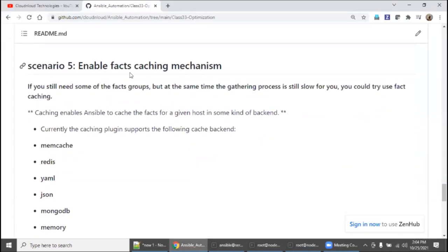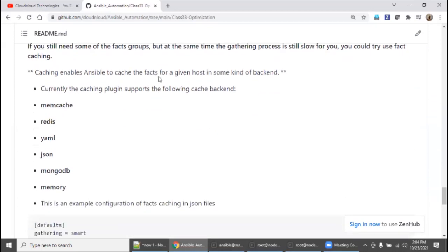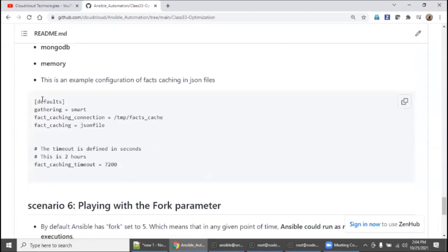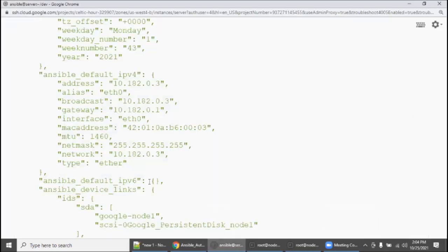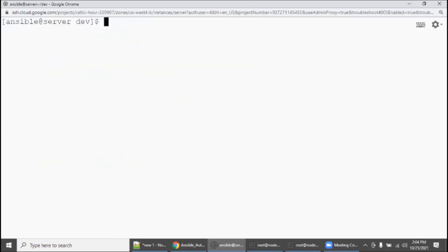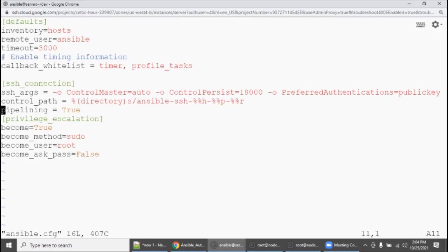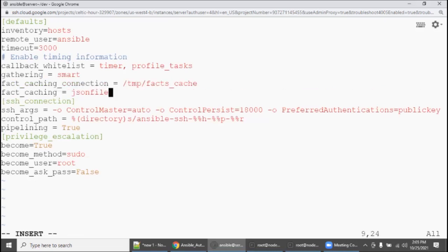You can even enable fact caching. You go to ansible.cfg and give this. There is already a default section, so I'm going to copy this. This also will improve performance, because each and every time the facts are getting collected, right? So instead of that, you can enable this setting. I'm going to copy and paste.